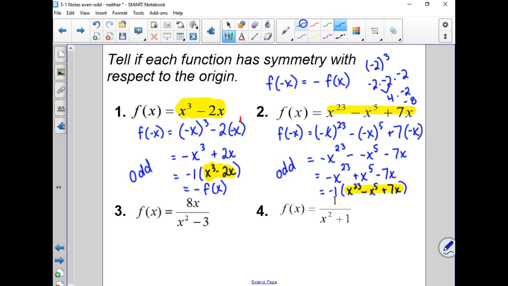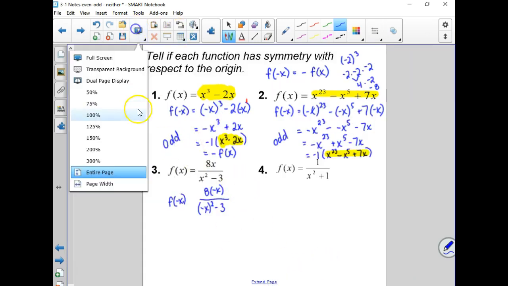Now, whenever we look at number 3, things are a little bit different here. Whenever we have fractions, things are going to work a little bit differently. So I have 8x over x squared minus 3. So if I replace that x with a negative x, here, this would be my f of negative x,